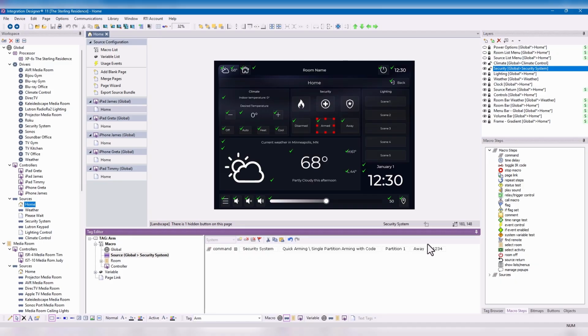1, 2, 3, 4. Arm away. Perfect. Okay. Well, let's do another arm. Let's do arm home for this one, because we already have an arm away. Okay. Now, the great part about this is if I go to the security system now,